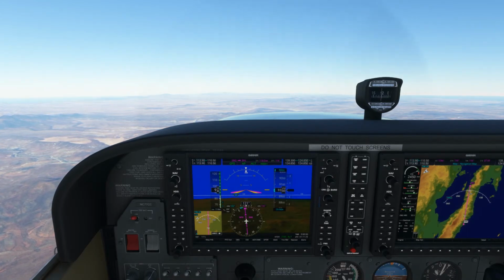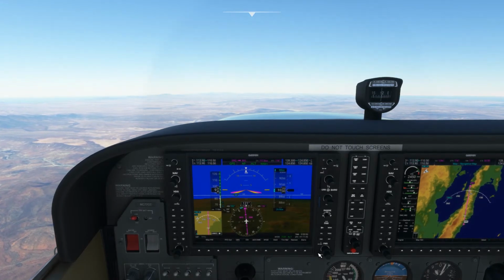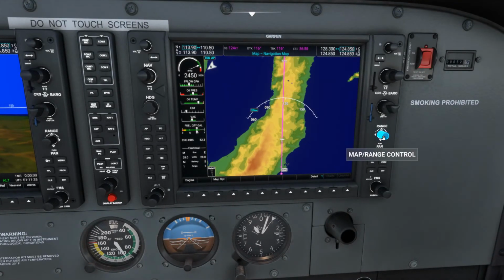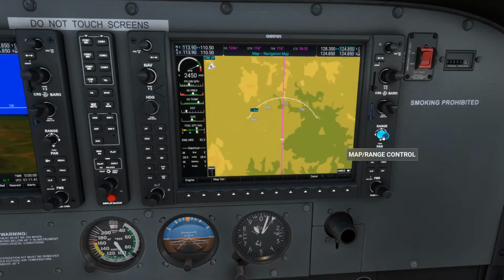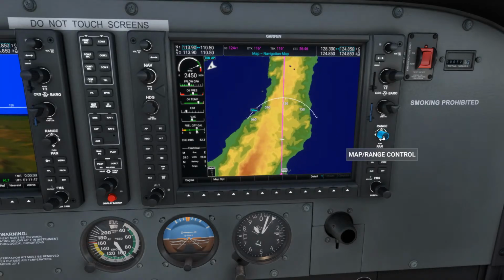So right now we are flying over, I'm trying to get a bearing exactly where we are here. There's a couple of lakes right there. I got north up right here, and one of those lakes is Laguna Chapala. And the other lagoon is Laguna Intermitente, probably Laguna Intermediate.